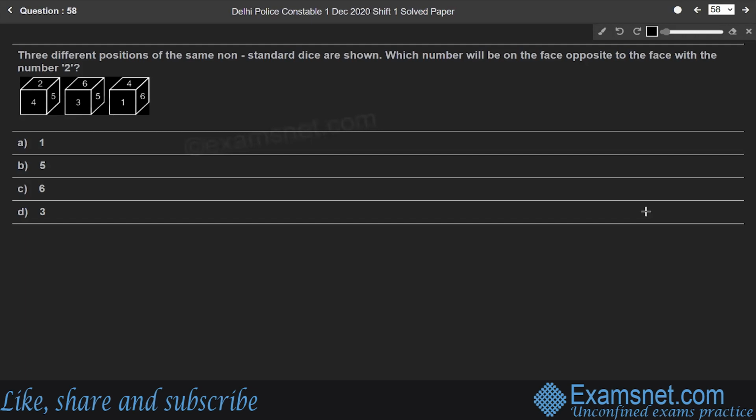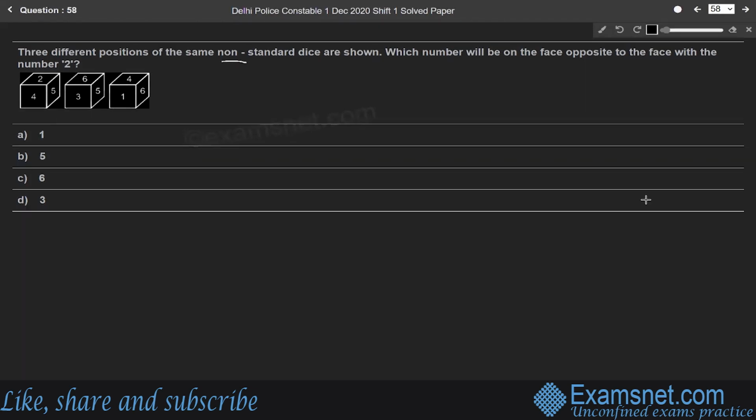Question 58. Three different positions of the same non-standard dice are shown. Which number will be on the face opposite to the face with the number 2? So here, three different positions are given, first, second, and third positions. So in such a case,